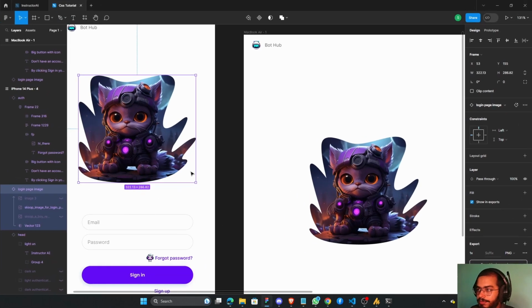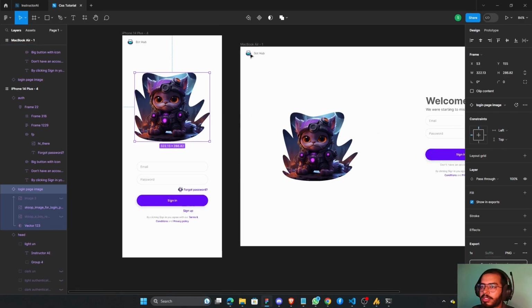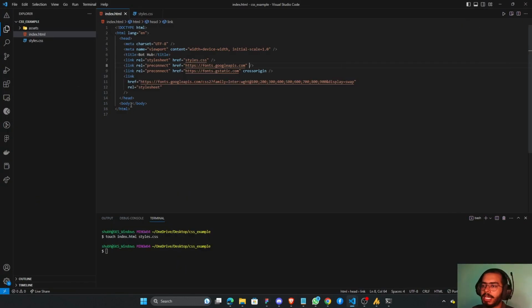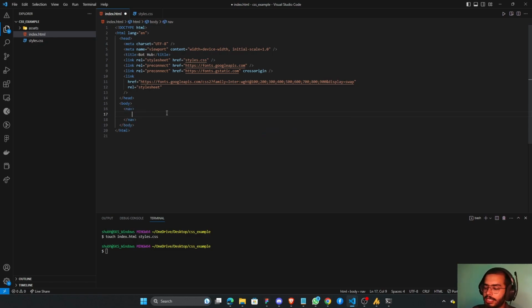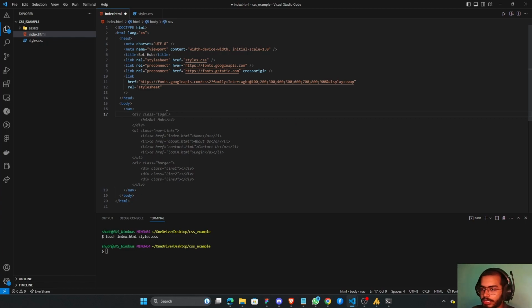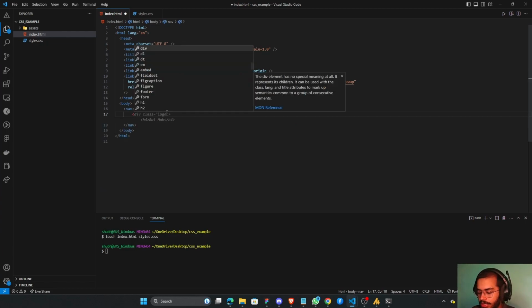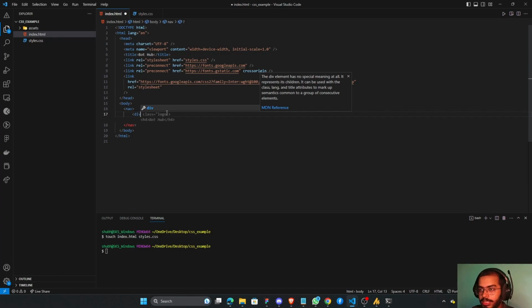Let's see. So the first thing we need to create is this nav bar, the upper nav bar. So let's start with that. In HTML5 we have this nav tag, so you can start with that. And in nav we have two things. First is this image, so I will make a div with class logo, and here I can use